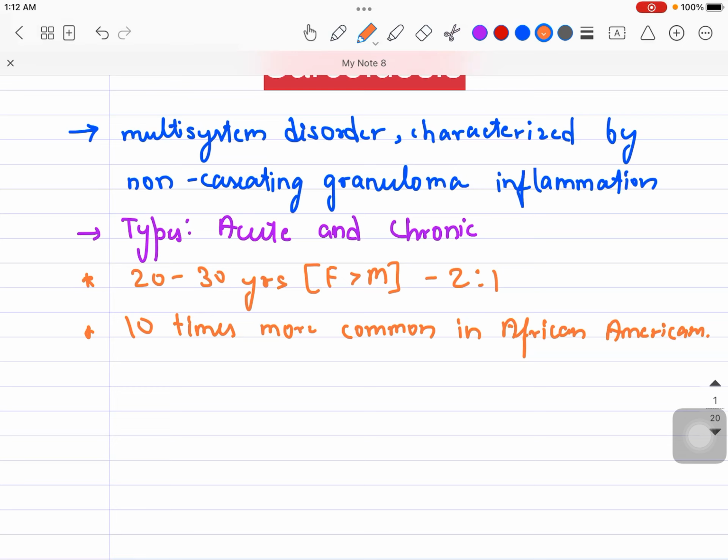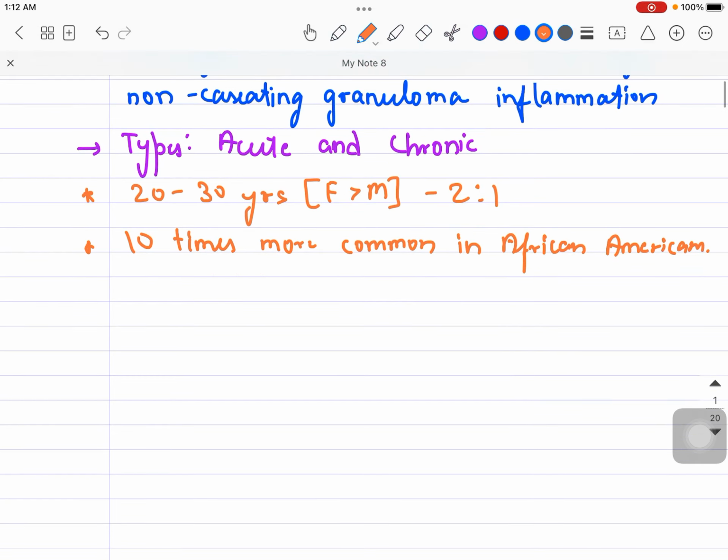Anyways, now what will be the etiology, or what will be the cause? However, very frankly, sarcoidosis is poorly known to us. Sarcoidosis can have so many types, and it is kind of an incidental finding in many cases as well. It is very poorly understood actually, but whatever we know about this disease, we are trying to discuss that part.